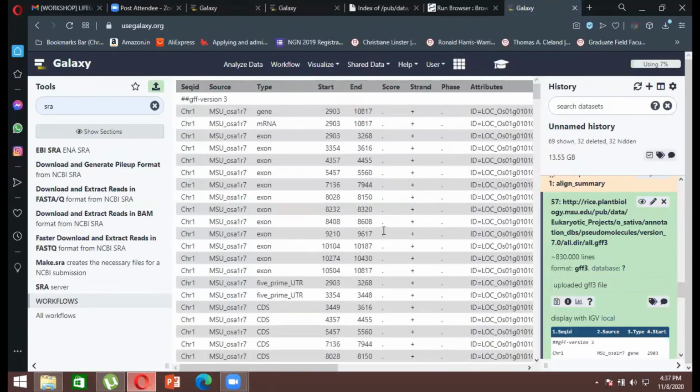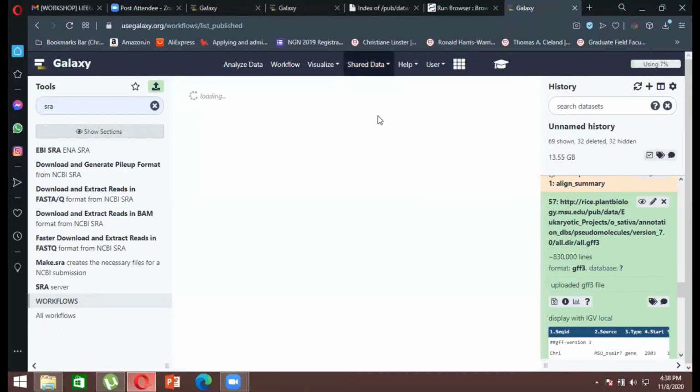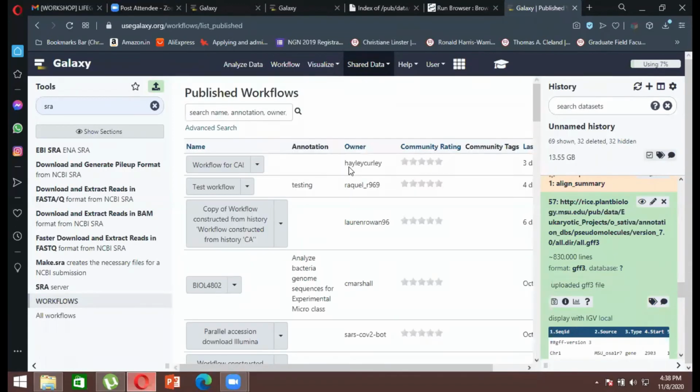Now that we have explored the data from here, what we are going to do is go into shared data. What shared data does is, you go to shared data, and then here you have what are called workflows. So click on workflows. What this allows you to do is take you to another portal whereby globally people will upload their data. So you actually get to see who is uploading what kind of data, right?